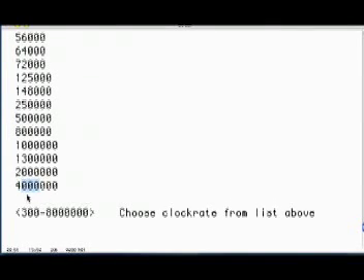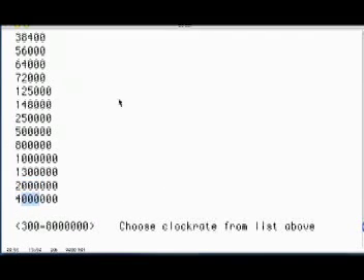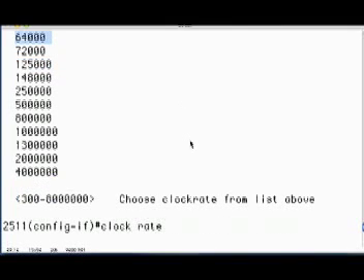Odds are, if I run it at 4 million bits per second, I don't know if it's going to be successful. In the lab, I usually run at 64,000 bits per second. You should be pretty comfortable running up to 1.5 megabits per second or 2 megabits per second, because 2 megabits per second is the clock rate of an E1 line, which is a common serial WAN link in Europe. But in the lab, I just go with 64K. So clock rate,